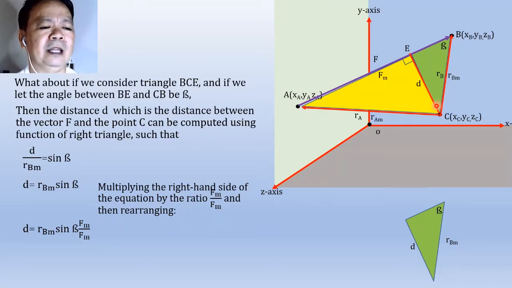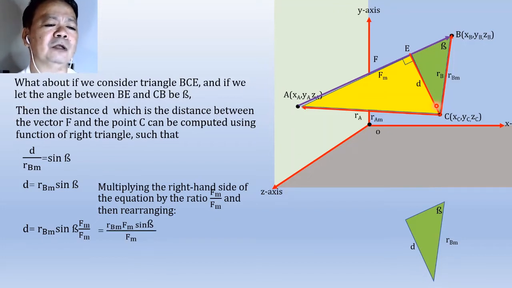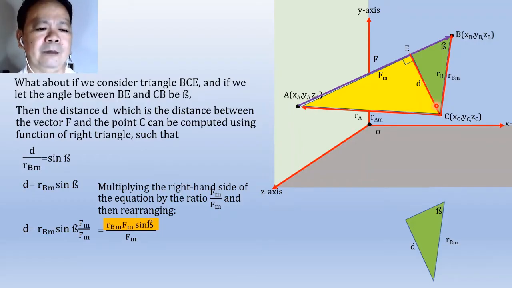And we know that anything multiplied by 1 will remain the same. But after multiplying it by Fm over Fm and then rearranging the numerator, the numerator becomes rearranged in this form, so that this form of the numerator is exactly the definition of the cross product of RB and F. So the distance D can now be computed as the cross product RB cross F. And again, because this is a distance, we can take the absolute value of the cross product divided by F